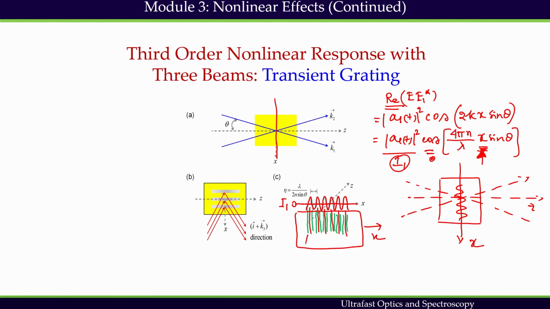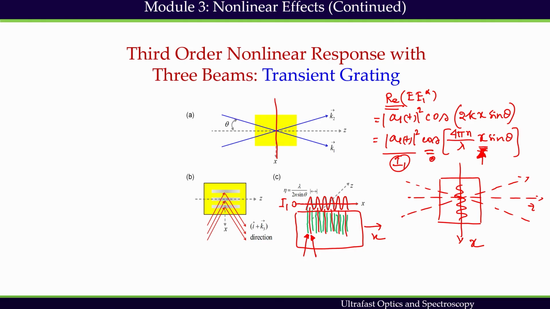These green color positions will have no intensity, which means molecules will not be excited to the excited state. On the other hand, these red color positions have high intensity, which means the maximum number of molecules will be excited to the excited state. So effectively, this variation of the intensity along the x-axis will create a variation of the excited state population in the